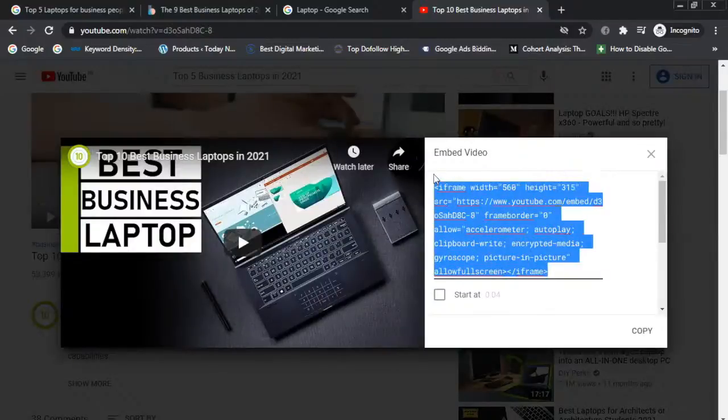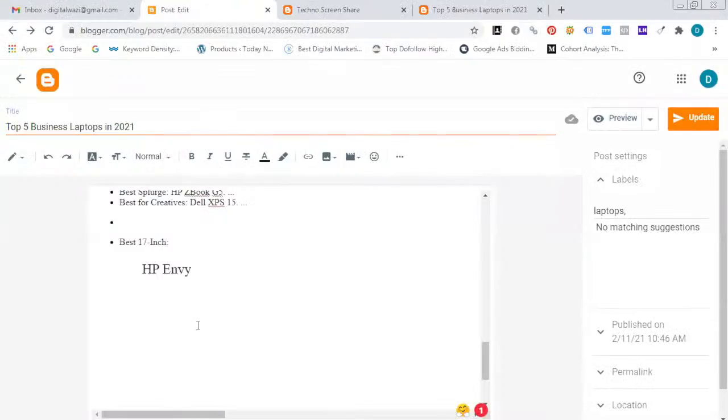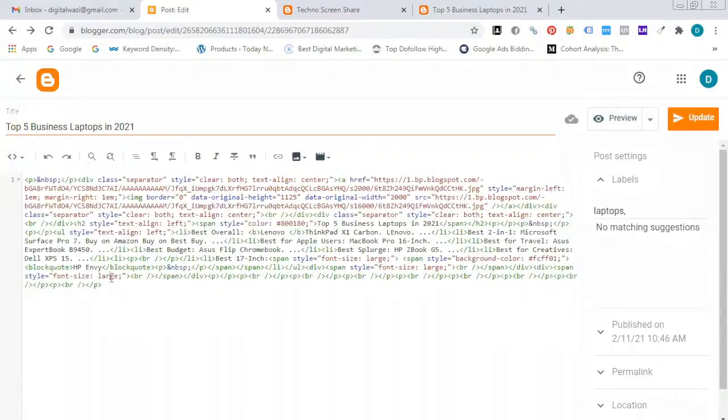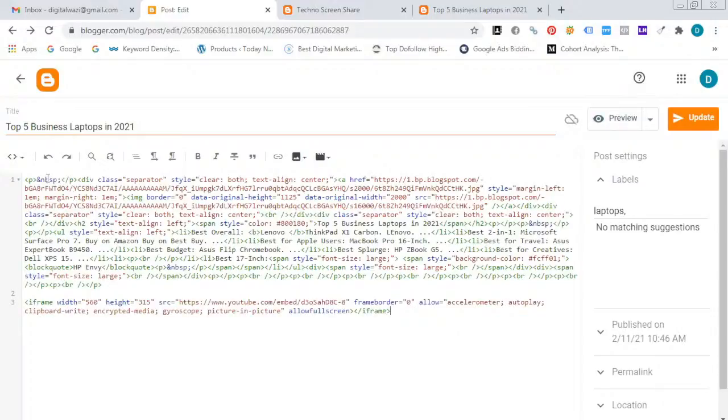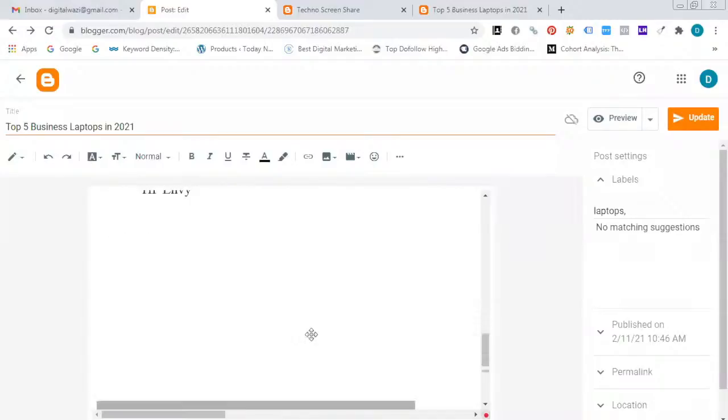Copy this iframe code and go to your Blogger backend. Click on HTML view and add our code at the bottom. Just paste it, then click on compose view. So we add our videos like this.